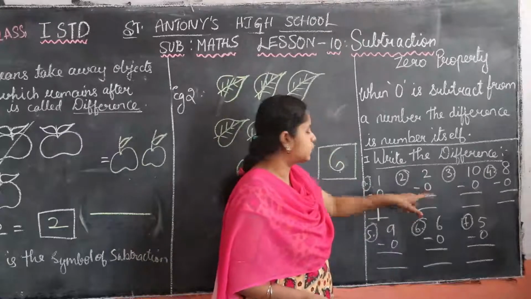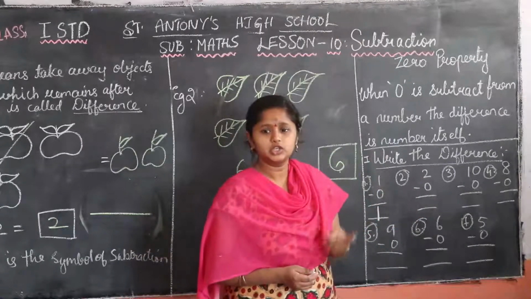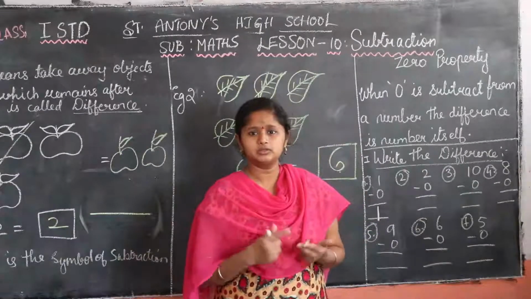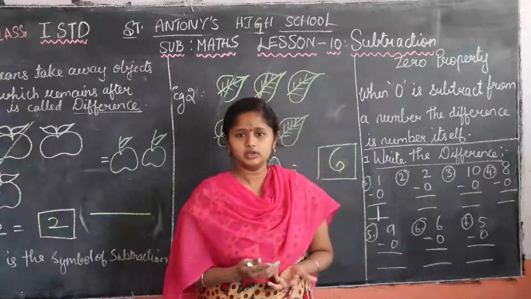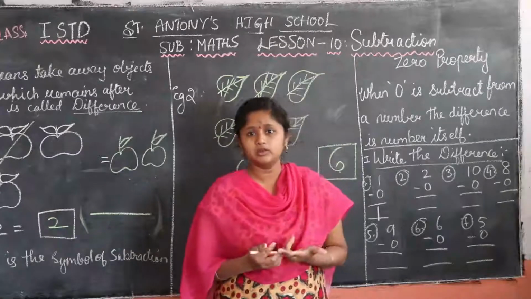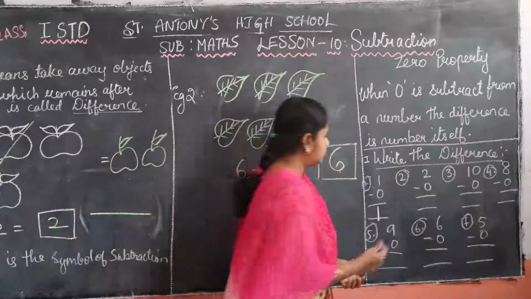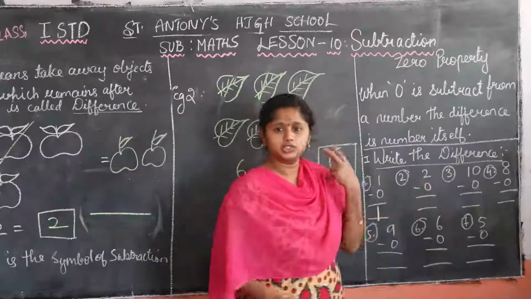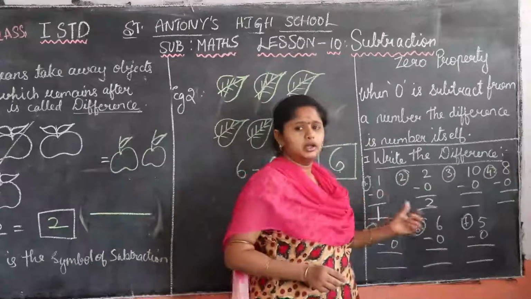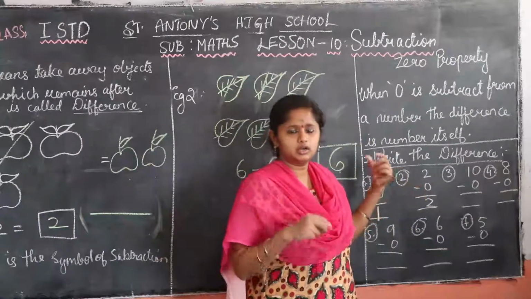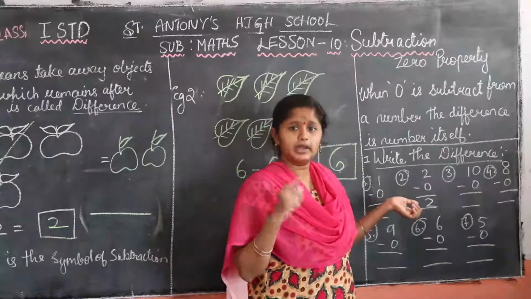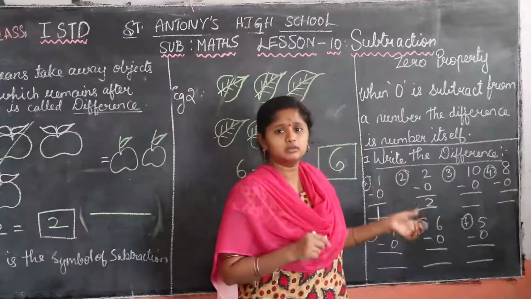Next, 2 minus 0. So you got 2 pencils. From these 2 pencils, your friend is asking you, if you have 2 pencils, give me 1. But you are not giving pencils to your friend. Yes, you are not sharing your pencils. So how many will be left? The same 2 pencils will be left. So 2 minus 0 is 2. 0 is nothing but 0, it has no value. Okay, it is the empty number, which means it is not a valuable number.